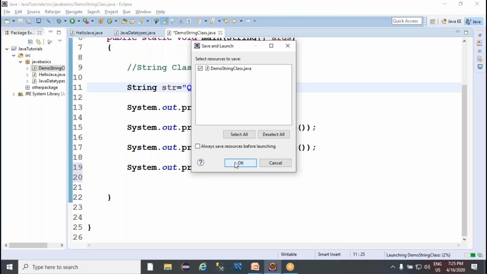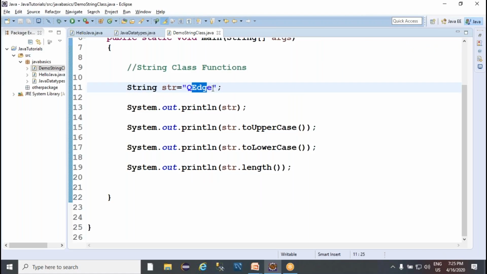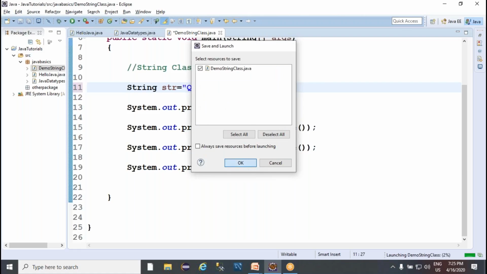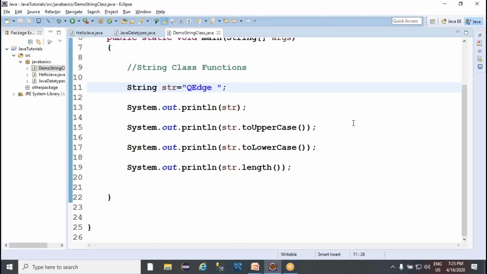Now your code will print the 5. And do remember, a white space is also one character. Let me give a white space here. Let us run this code. Now you get 6, because even white space is one character. Right. Now, in the same way,